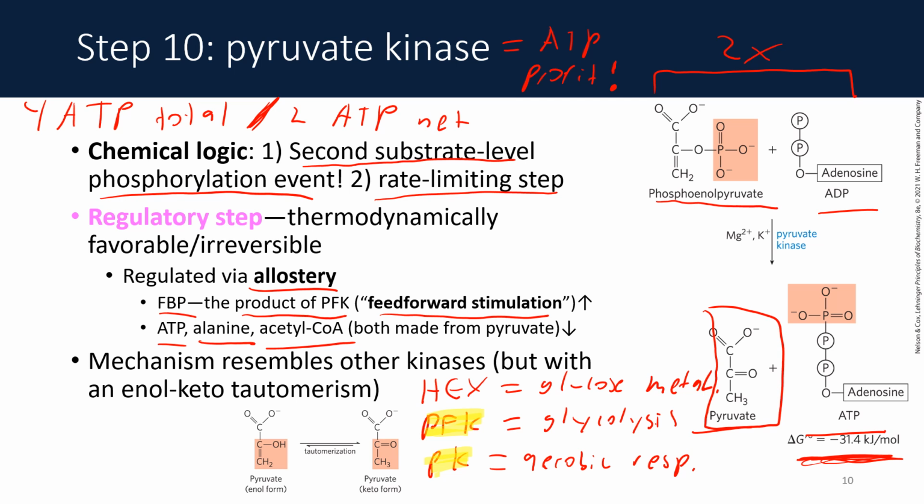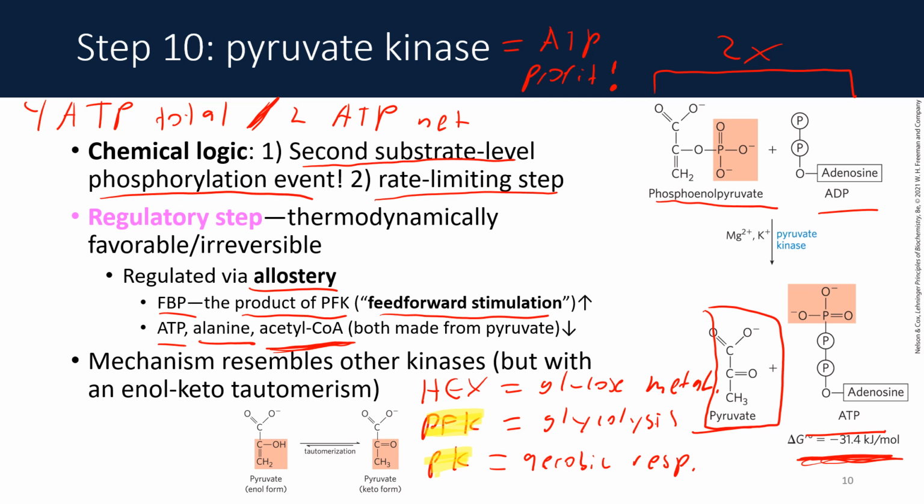Now, why are alanine and acetyl-CoA regulators of pyruvate kinase as well? The accumulation of either of those is a sign that we don't need the products of glycolysis anymore and we're wasting glucose. Both of these are essentially made from pyruvates. And acetyl-CoA in particular is going to be the beginning of the citric acid cycle, which is the first phase of aerobic respiration. So if we don't want to burn metabolites wantonly, we need these two to signal to glycolysis